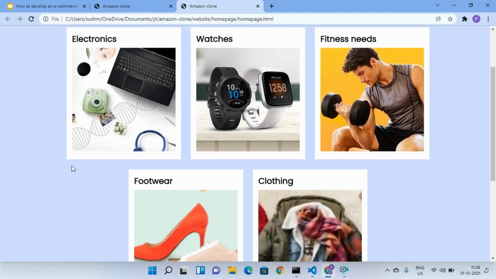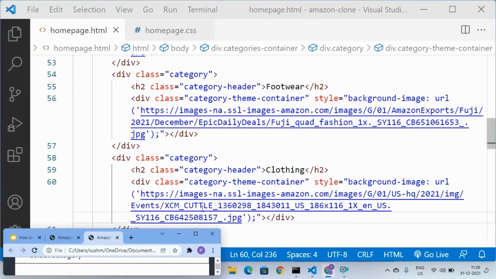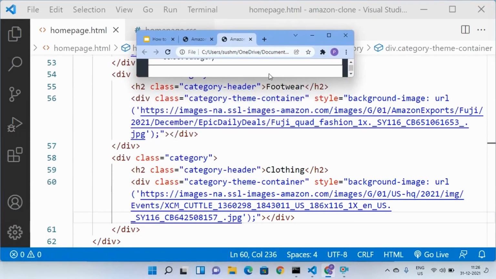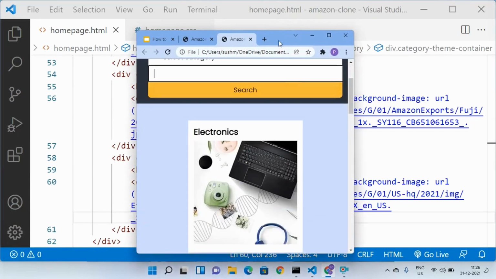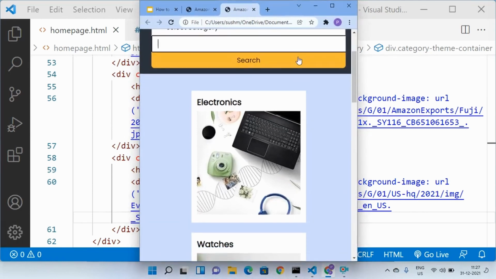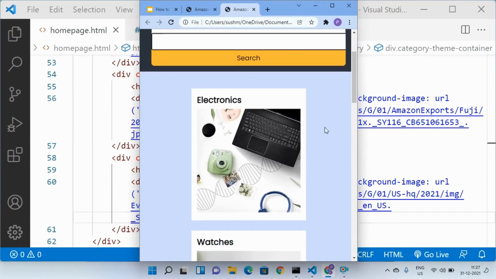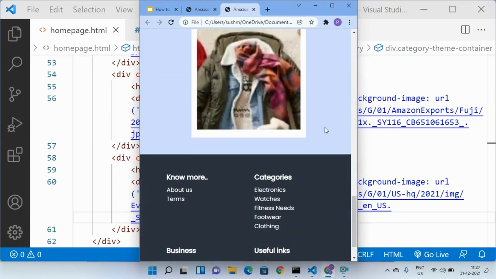And let us see how it is going to work on smaller screens. See, on smaller screens it is not looking better.